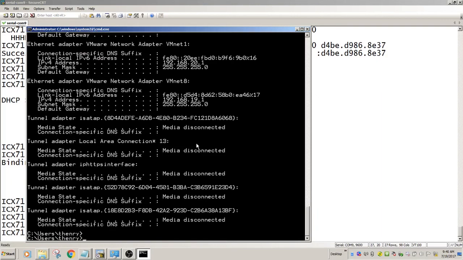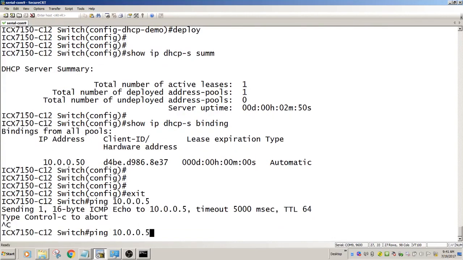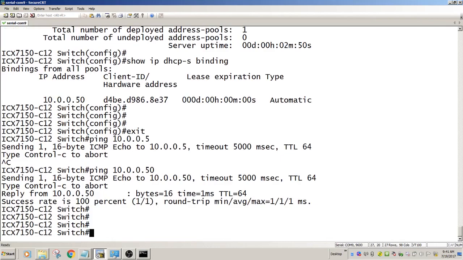So, but now from here, I should be able to ping 10.0.0.50. There we go. So easy as that. So you can put in multiple static IP mappings and